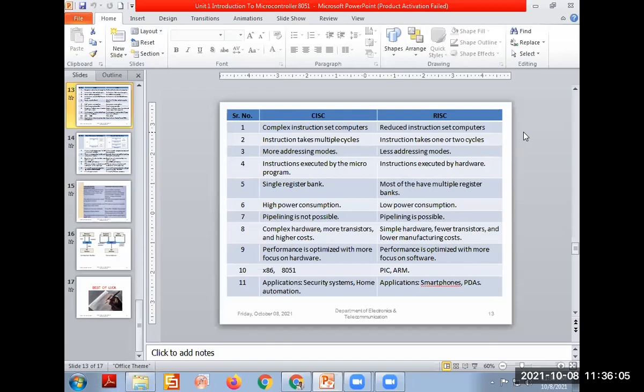Whether it is the microprocessor and microcontroller difference, or the CISC and RISC difference, or the next one, von Neumann and Harvard architecture difference, it is asked in the exam for 4 marks. If not, it might be objective questions. Simple example: RISC requires number of machine cycles dash dash, more, less, equal, like that. So the option will be more number of machine cycles. So out of any difference, we can create MCQ type questions. So we need to refer to all this.